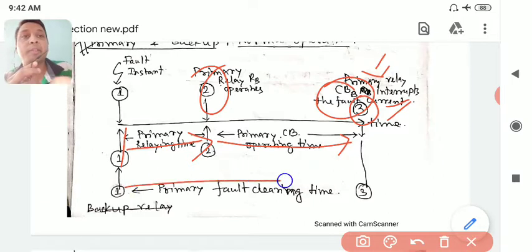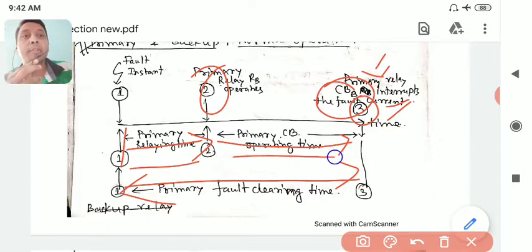Okay. So this is your primary fault clearing time. It is relay time, then it is breaker time. So you can see, as it happened, the backup relay, that is RA, was sensing current, but it was not allowed to do some work in between this timeline.